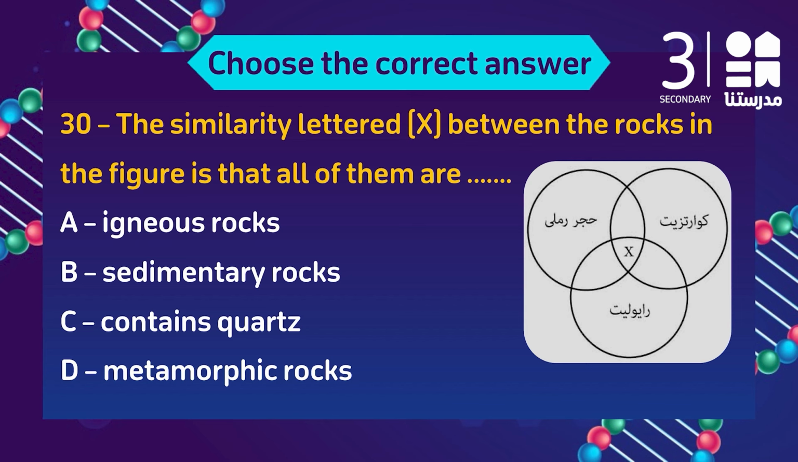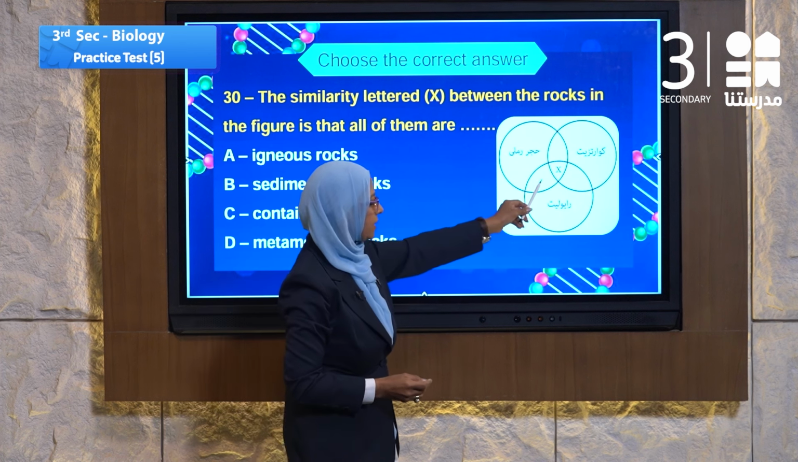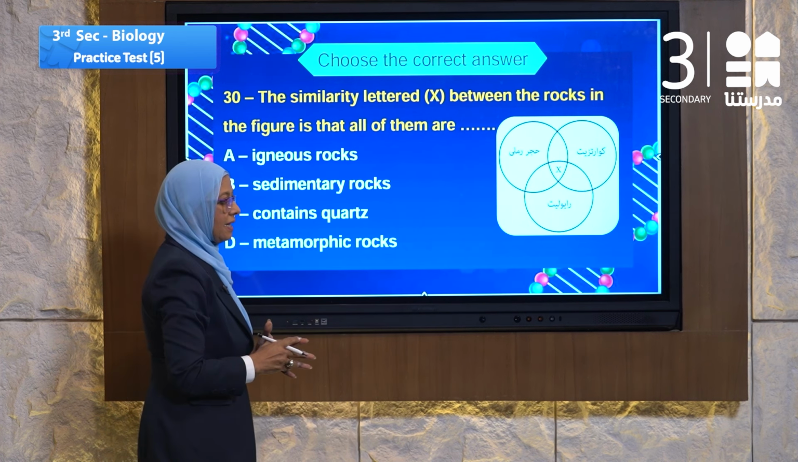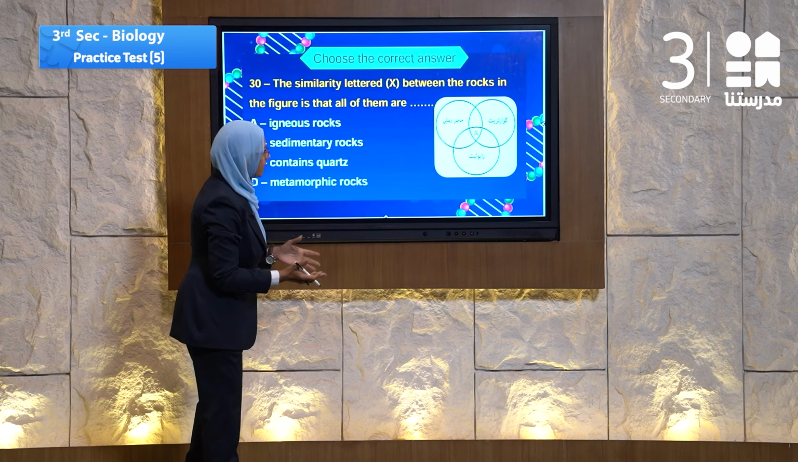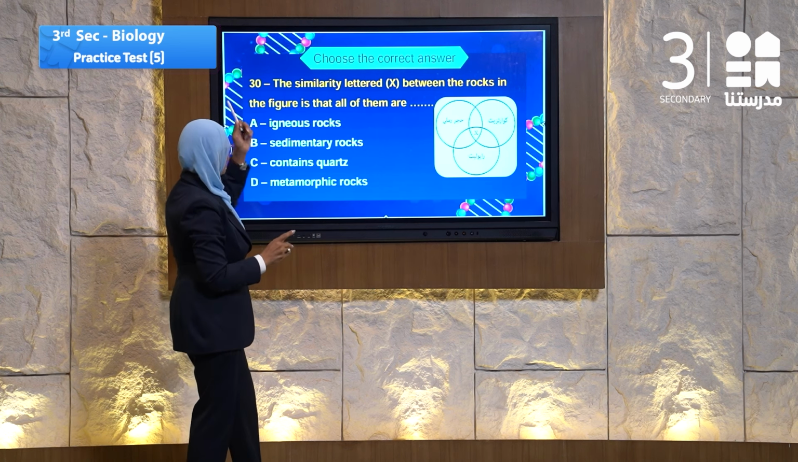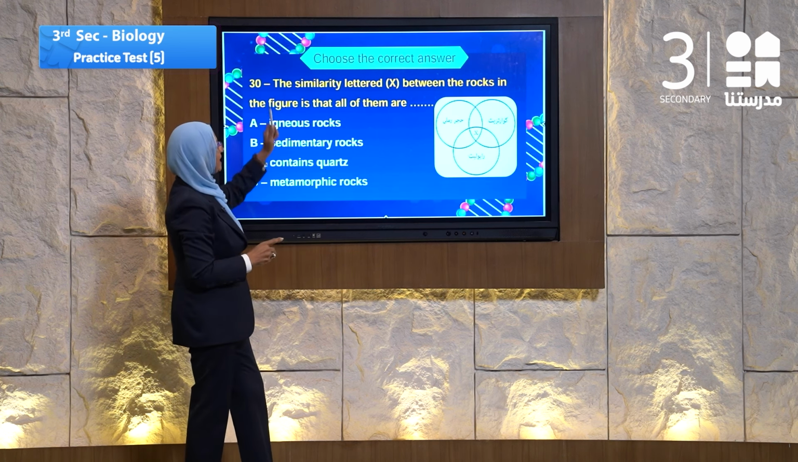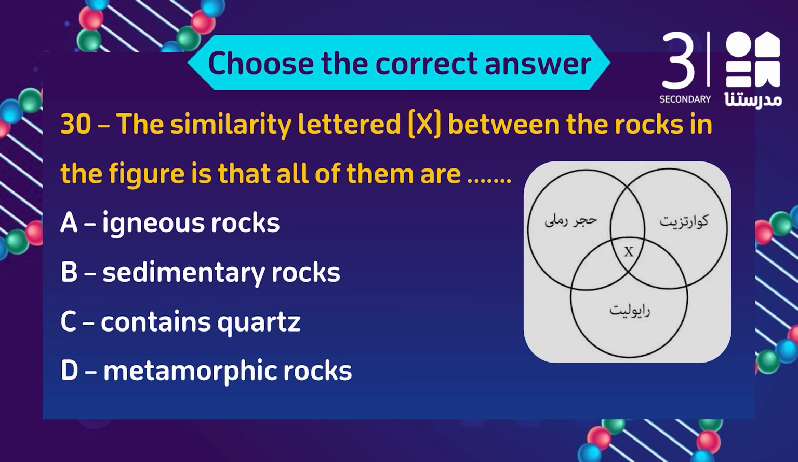Let's go to question number 13, earth science again. There are 3 circles. One of them is quartzite, sandstone, rhyolite. And there is a letter here, X. X means a common structure or a common behavior, or a common what? Let's read the question and find why they asked for similarity. The similarity lettered X between the rocks in the figure is that all of them are